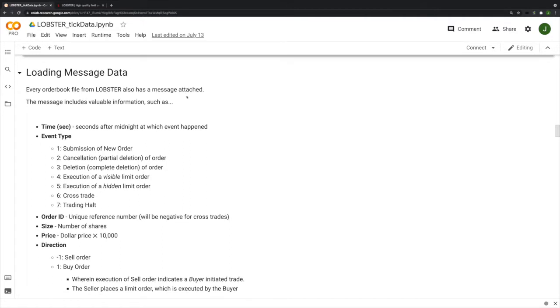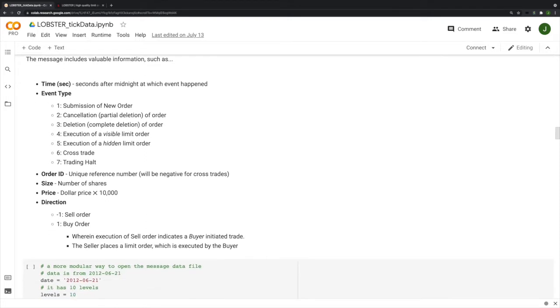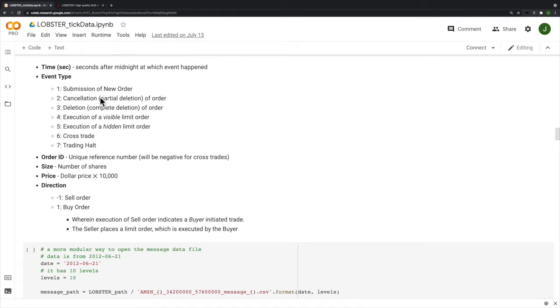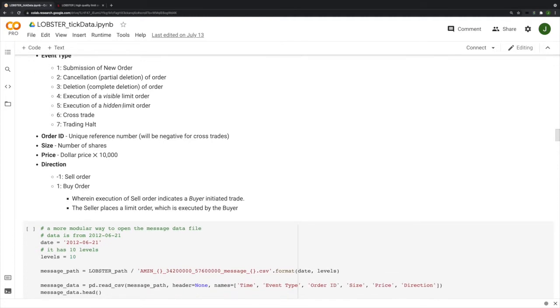Each order book file that you get from Lobster also has to have messages attached, and that's going to tell you the time. It's the seconds after midnight at which the event happened. What kind of event was it? You can see execution of a visible limit order or a hidden limit order, submission of a new order, and so on. Then the order ID, which is a unique reference number,